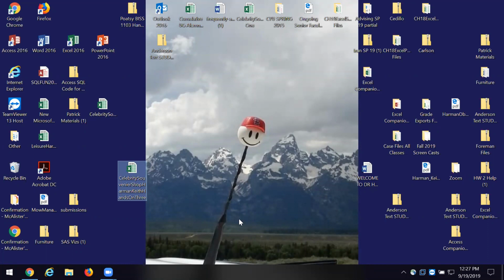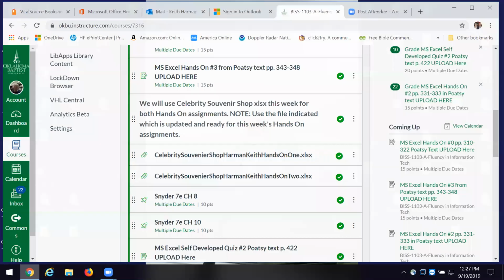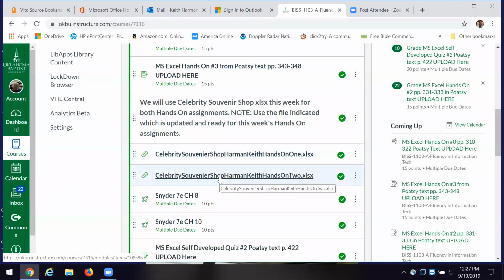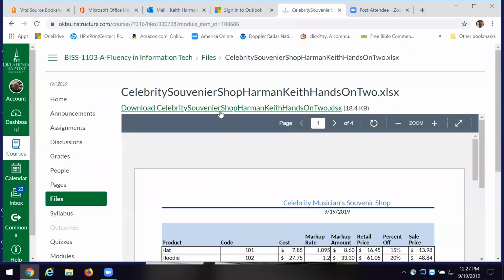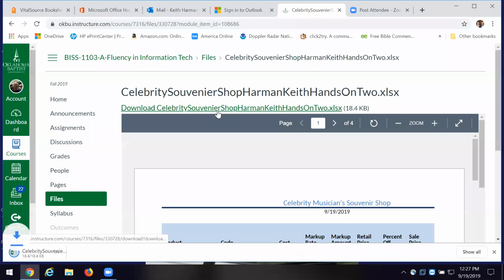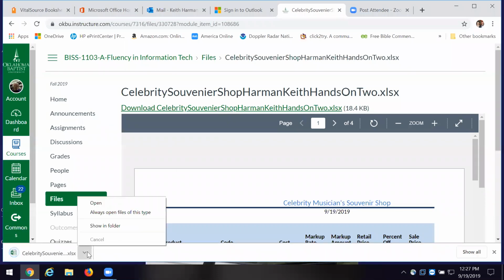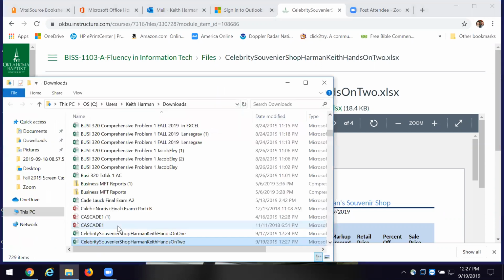Well, you could do that. The other thing you might want to do would be to download it, but put it in a folder, and that would be to, when you download it, and that will give you show in folder. Right, that's why I did this last time, and I brought up the download folder and I moved it onto my desktop. Okay, let me see if I can duplicate what you're experiencing.